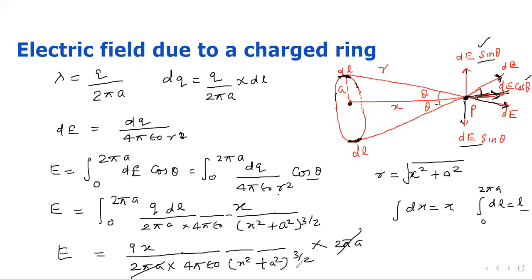Now, if we do some approximation, like we say x square is greater than a square, in that case, we will neglect x square. So in the denominator, we will get x square whole power 3 by 2. So 2 will cancel out x cube. And here there is already 1x. So ultimately, our result will be